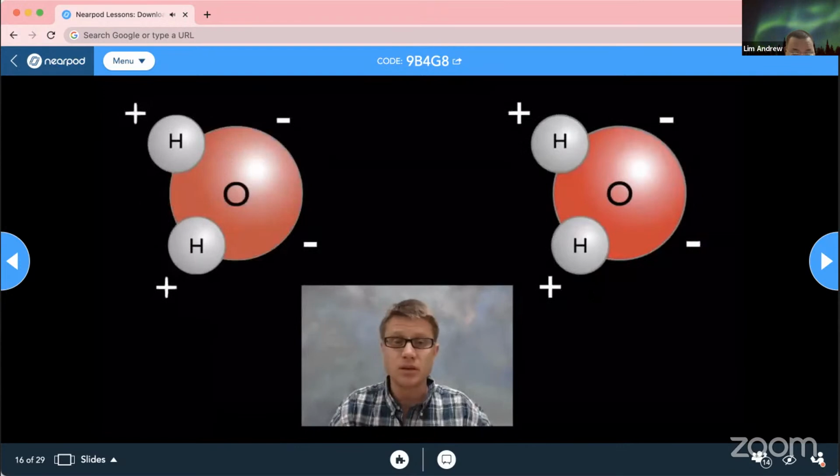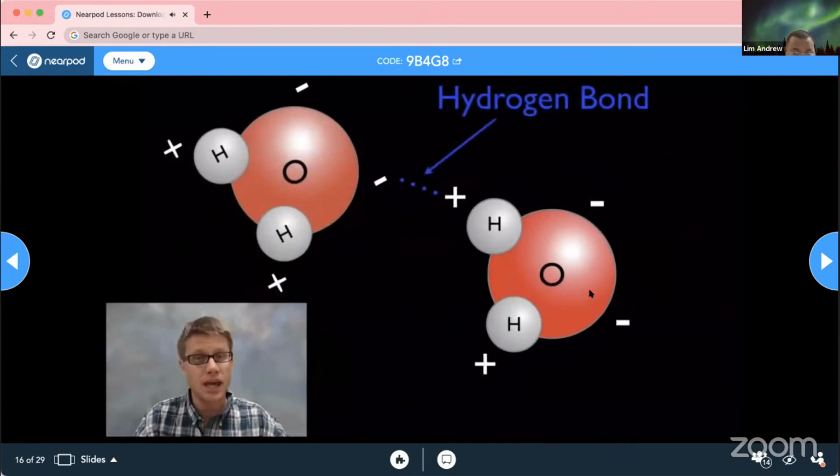And so if we were to add another molecule of water, these are not going to arrange this way. And in fact, what we'll have is that they'll be arranged like that. And so the hydrogen atom of one water molecule is going to be attracted to the oxygen of another. And that bond is called a hydrogen bond. A lot of students think that the hydrogen bond is in here. No, that's covalent, but the hydrogen bond is going to be between the partially positive hydrogen and the negative oxygen.